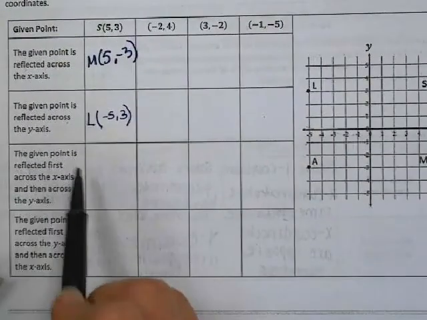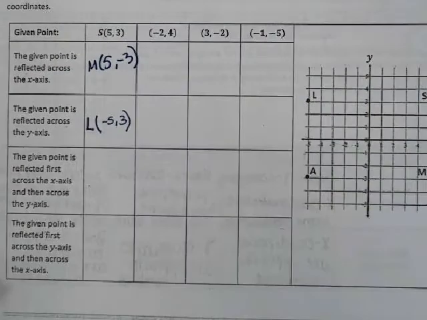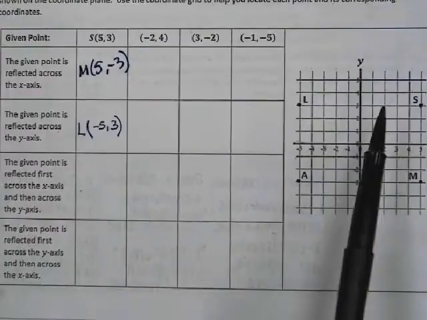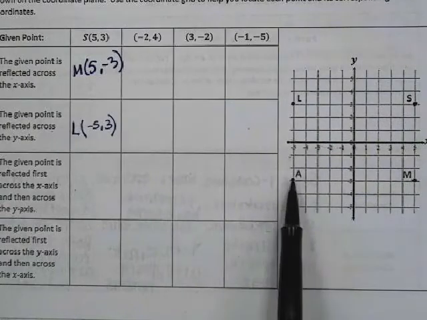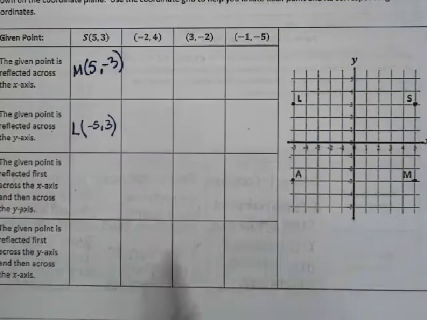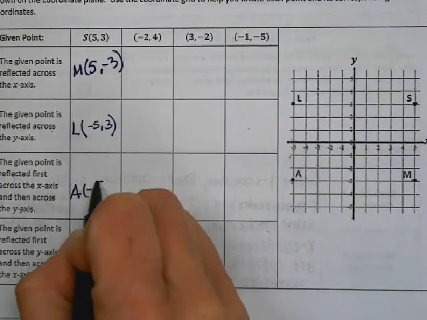The given point is reflected first across the x-axis and then across the y-axis. So this is where I have to start back at S, and I have to go across the x-axis, so over here to M, and then across the y-axis. So that will be over here at A. And A, we know, is in that negative, negative quadrant. So negative 5,